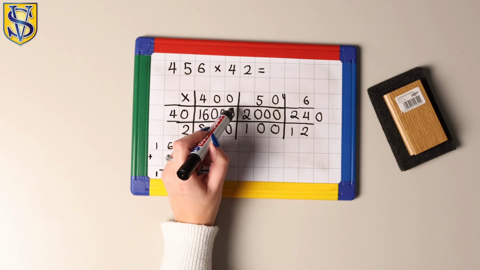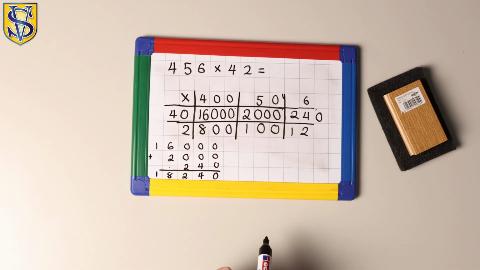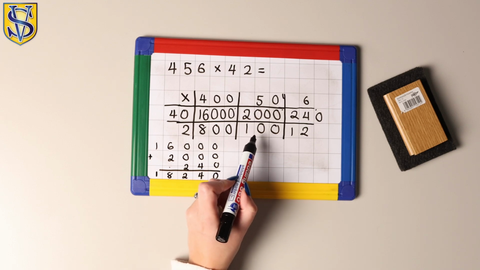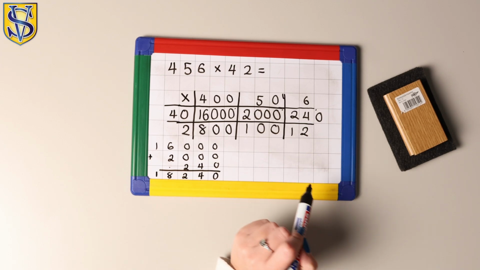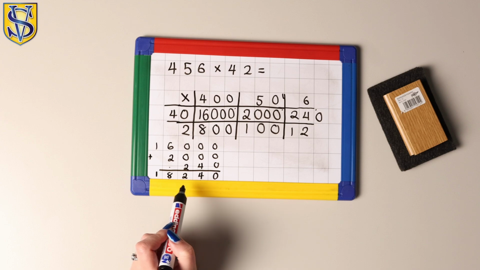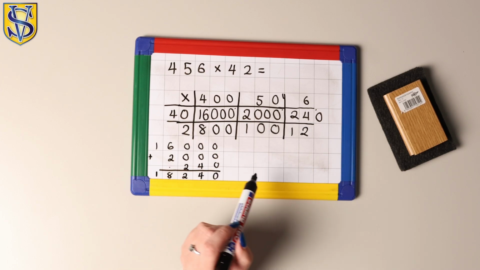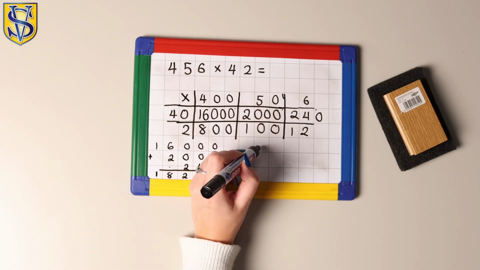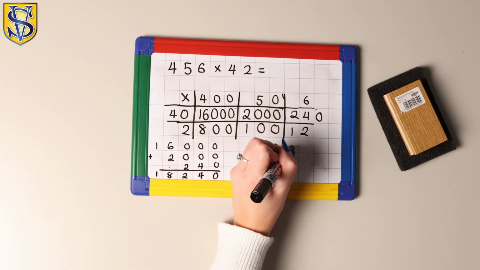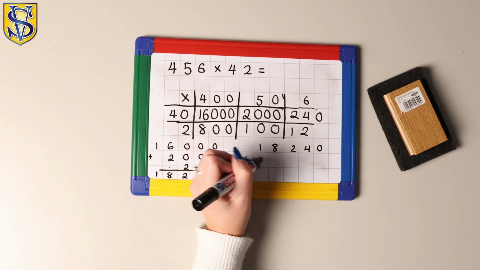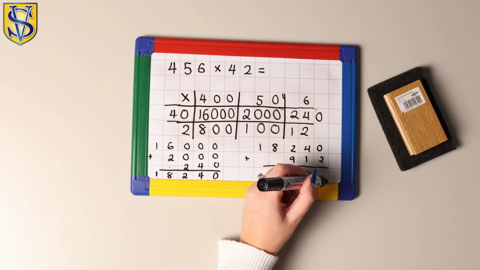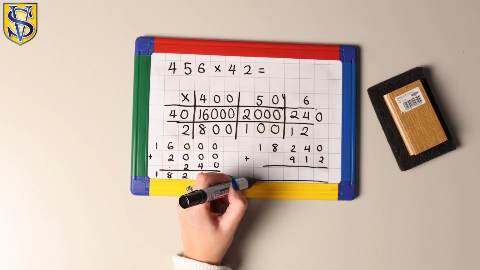So at the moment I've added those 3 up. And now I could add the next 3 up, or if possible I could do it in my head. So I'm going to go 800 add 100 is 900. Add 12 is 912. So that's the answer to the top section added up. That's the answer to the bottom section, 912. So I'm going to add those 2 up together. So 18,240, add 912, making sure I've got all my place value correct, otherwise it can become confusing.